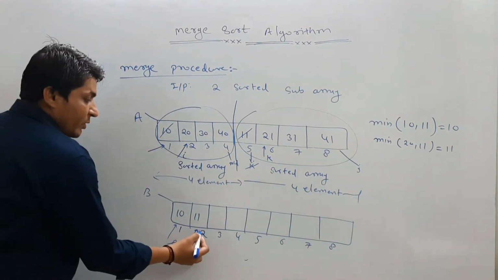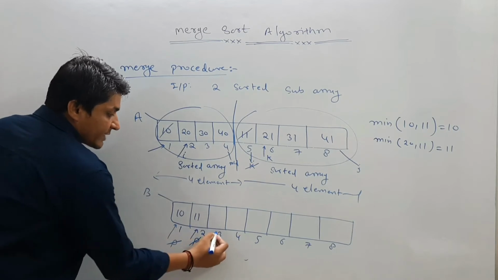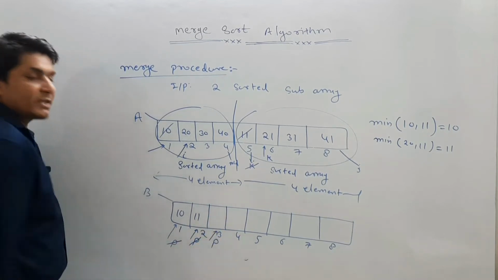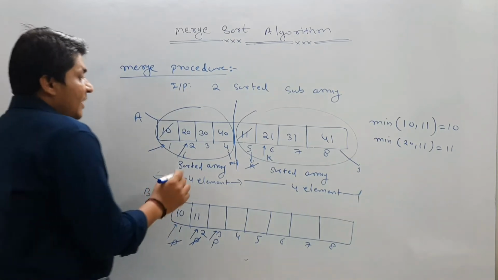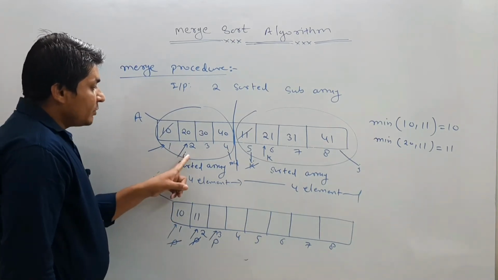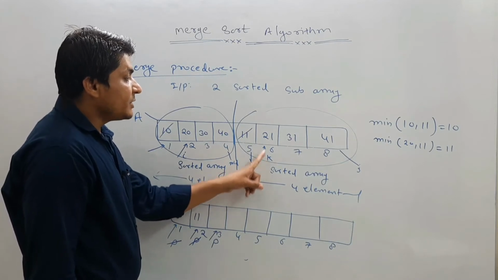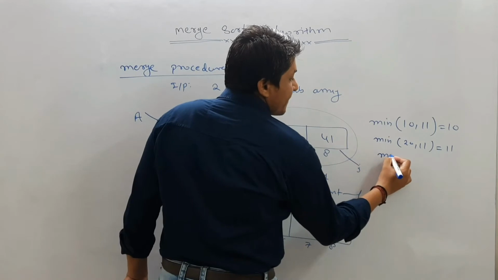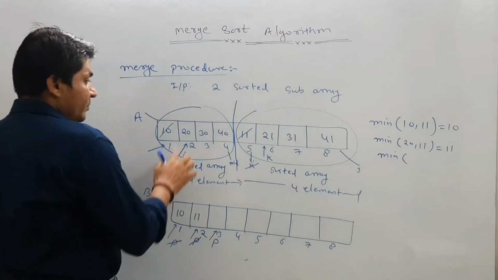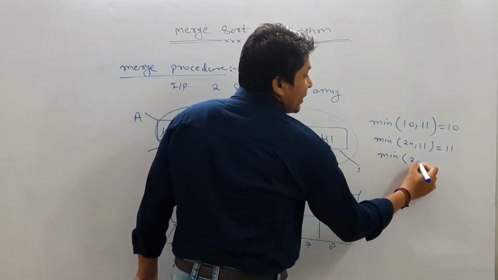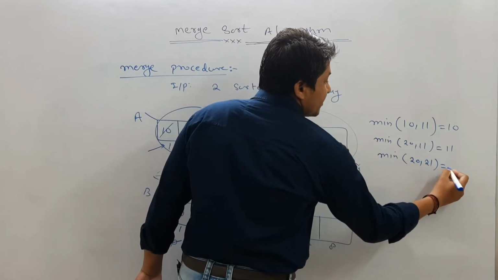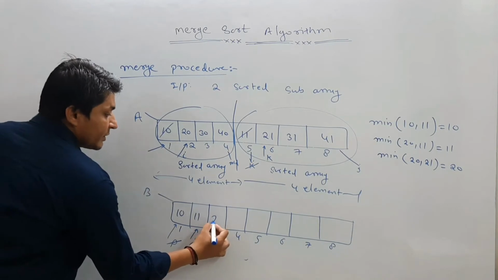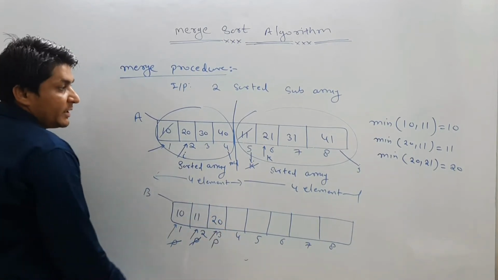Now, because we have already copied 11, p will start pointing to the next location because we want to copy the next element at location 3. So p is pointing to the next location. Now because I is pointing to the second location and k is also pointing to the second location, again we are going to find the minimum of these two. So minimum of 20 comma 21. Which one is minimum? Minimum is 20. So minimum is 20 means what? We will copy 20 here in this array. Correct? Then we copied 20.